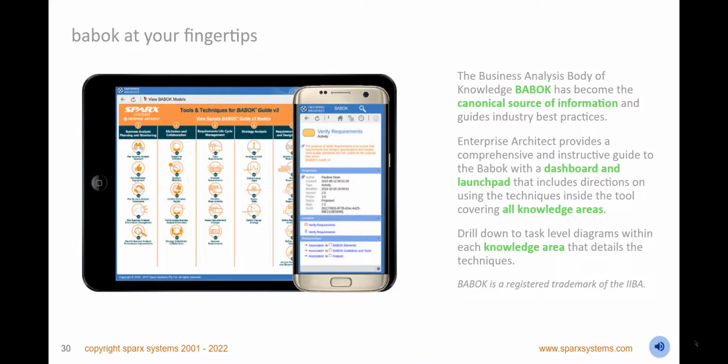Be guided by the business analysis body of knowledge and its encapsulated insights, integrated inside Enterprise Architect. Use a full suite of pattern modeling solutions that implement the BABOK techniques, allowing you to concentrate on your business problems and their analysis. Use this companion to the BABOK to ensure you are not only following best practice, but enshrining it in your models, and delivering your stakeholders clear and concise representations of the business.